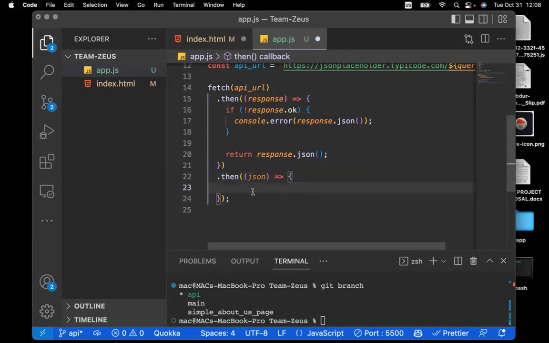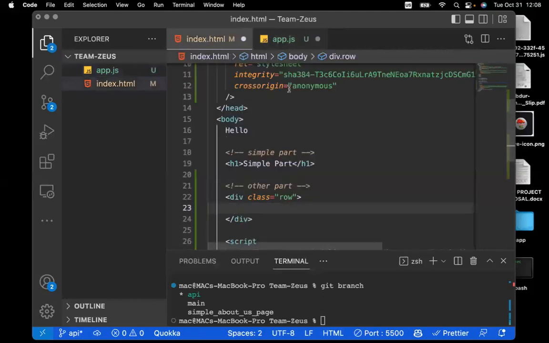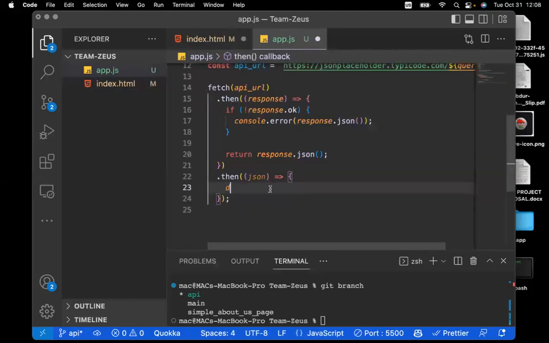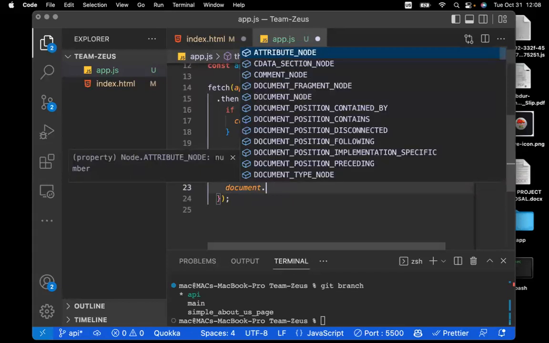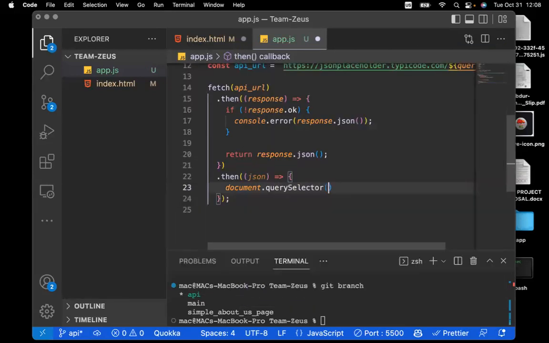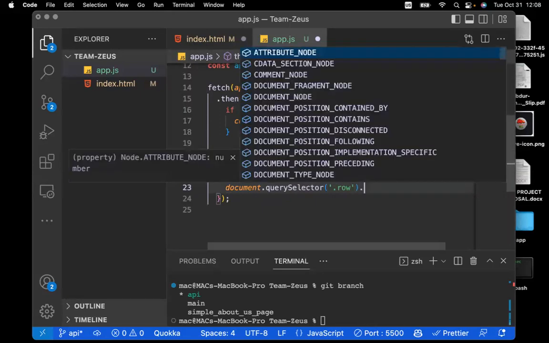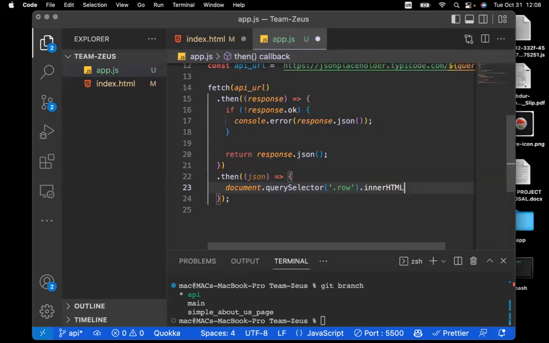And then what do we say? We say our normal stuff, get your row first. Get your row, then inner HTML of that row. I'm just trying a very shortcut way. I'll say document dot querySelector. Then what am I getting? I'm getting my row, right? So dot innerHTML. This is just a very quick one. innerHTML equal to